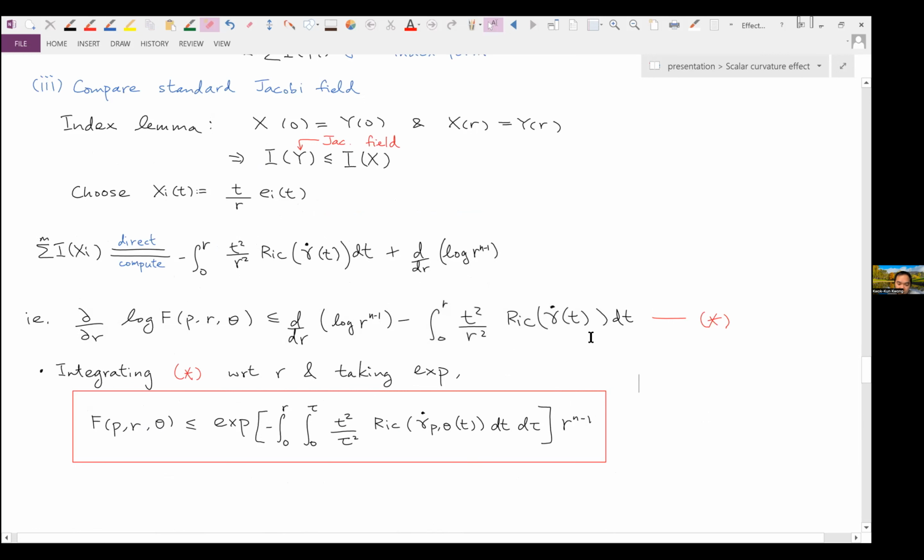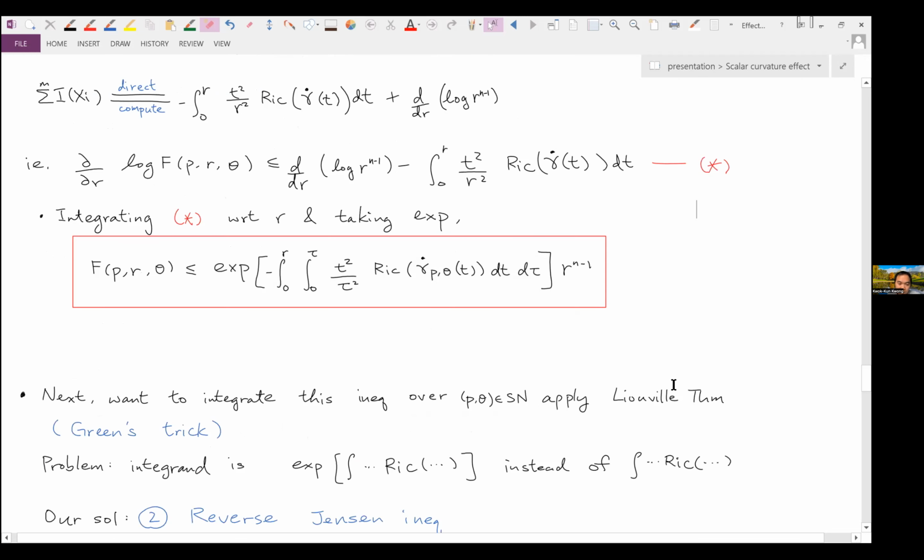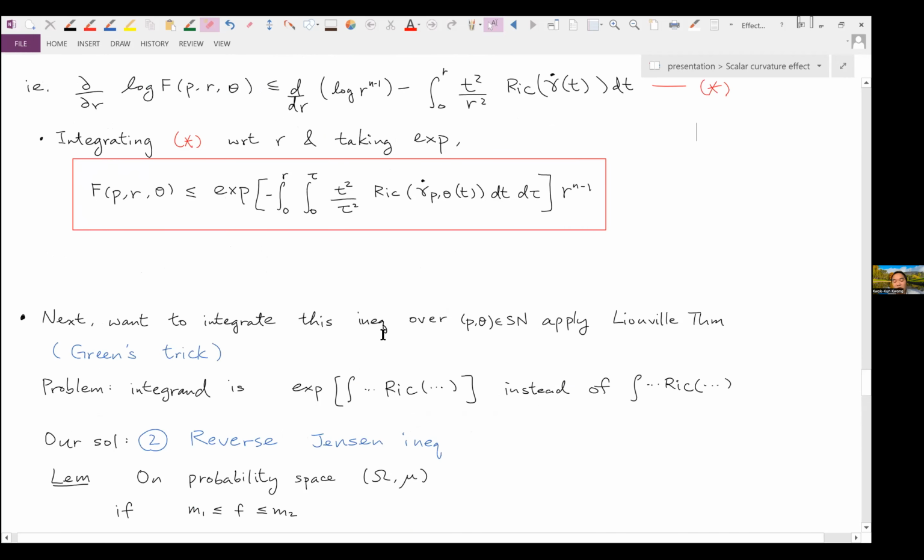Okay, so this is the error term here, and if I integrate the error term, that's the correction term here. So that's the first step. The next step is obviously to integrate with respect to r and theta. But the problem is that, of course, you want to integrate such that you can make use of